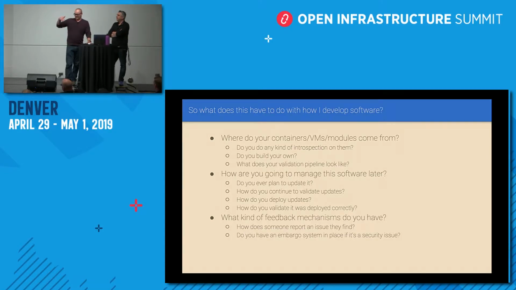Like with OpenStack, for example, when you submit a bug, there's a little checkbox, at least there used to be, I haven't done it in a while, that says this is a security bug. If you do that, it doesn't display it to the public until people have had a chance to look at it and figure out what's going on. Do you have something like that in place? Because the last thing you want is people filing bugs, especially if you're running an open source project. Somebody files a GitHub issue saying your software is prone to all these things, and probably before you fix it, it's already been exploited. So think about what kind of feedback mechanisms you have.